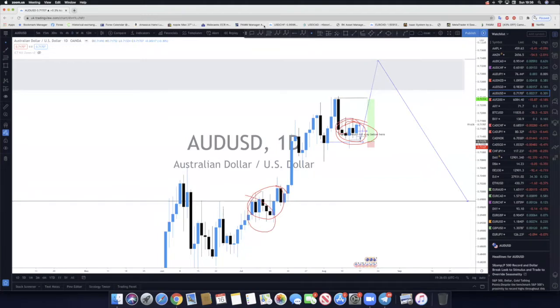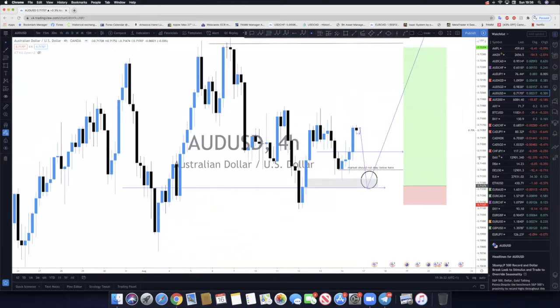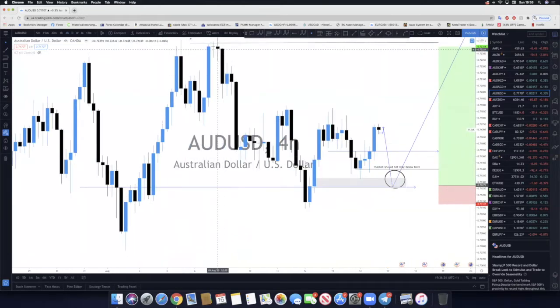So what am I expecting? I'm still expecting the market to go bullish. Minimum, this is our target. Maximum, we are heading towards 0.73. I can't go into details, but right now I'm looking for the market to make a little correction here. The market will drop down for a bit of a deeper correction tonight and tomorrow. Then from here, we can look for entries. I'm not expecting the market to break below this.